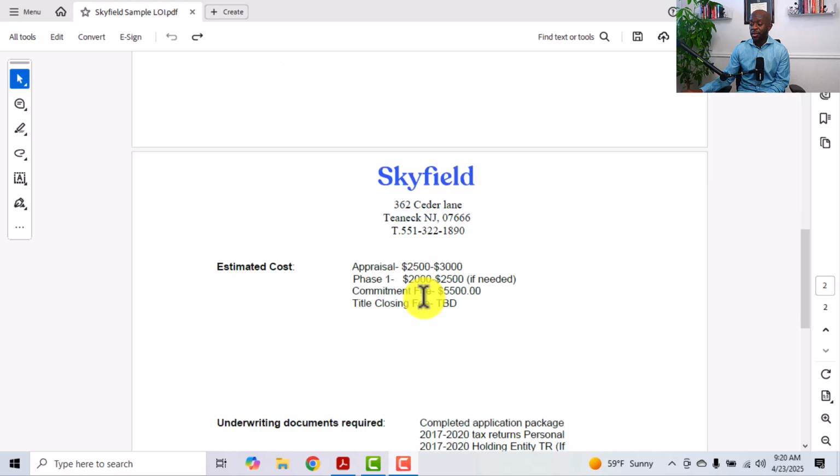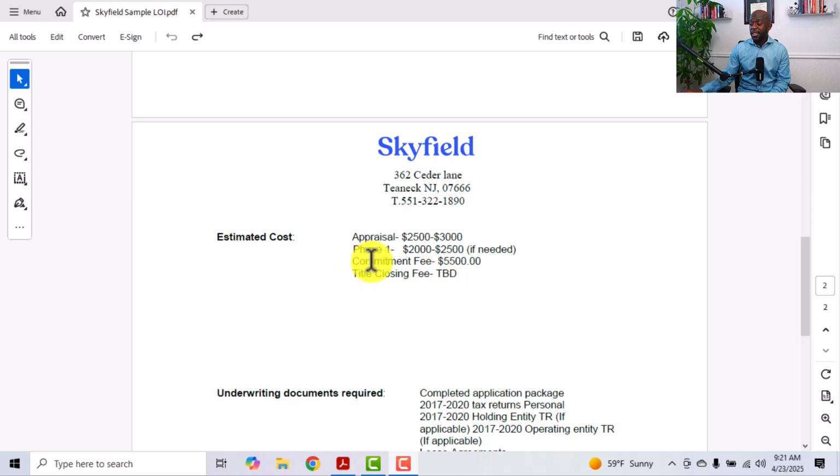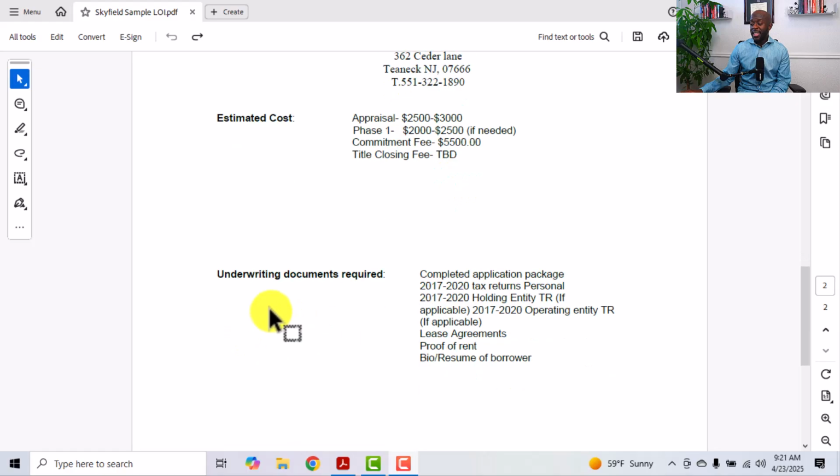Scrolling down a little further, you have some costs associated with this loan. So the appraisal cost, the phase 1 inspection if needed. A lot of lenders will want a phase 1 inspection if the property is 8 units or more. If it's under 8 units, they don't typically require it, but at the end of the day, it is at the discretion of the lender. Underneath that, you have your commitment fee, you have your title closing fee,